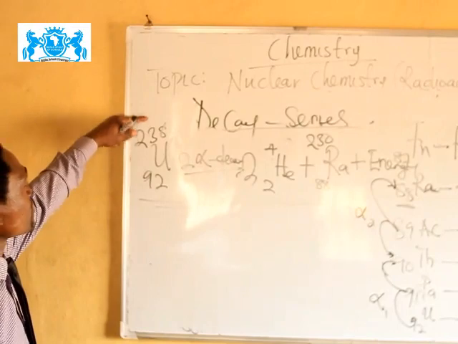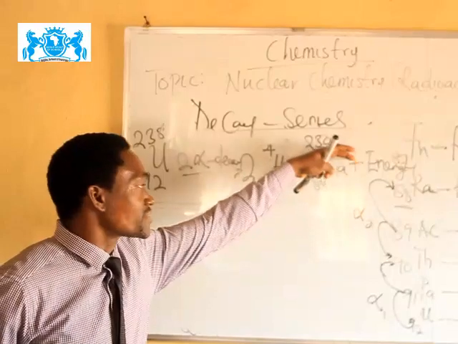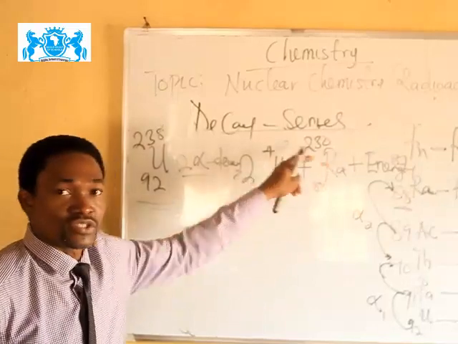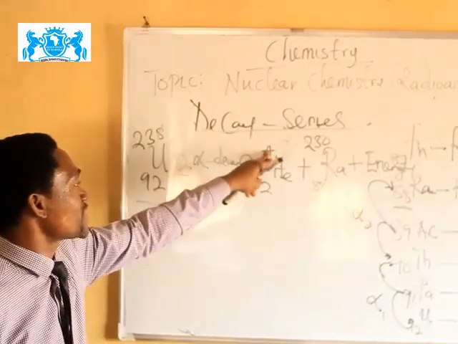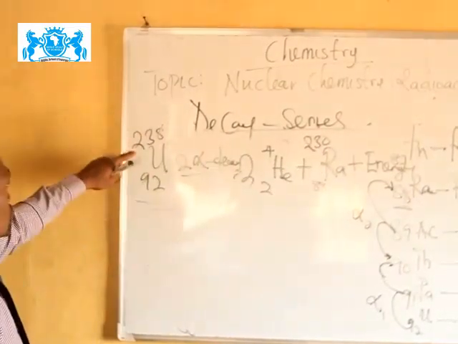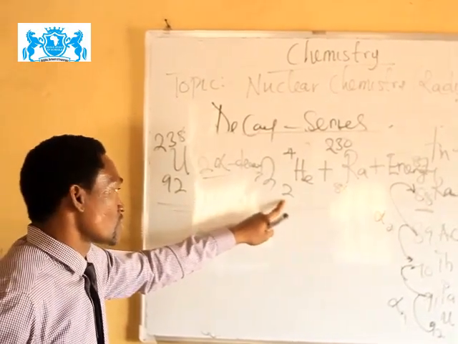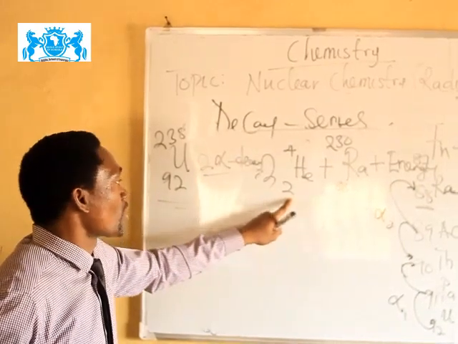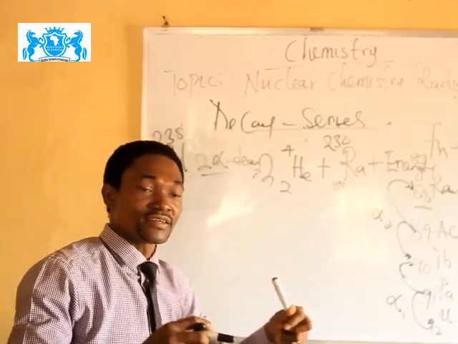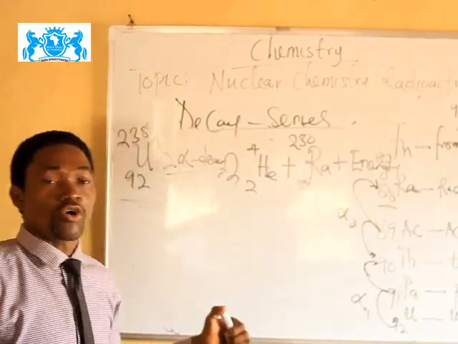So the total masses on this side must also balance with the total mass of the product. That is the total nucleus. Even after adding the particles with the total nucleus, they must balance. Multiplying 2 times 4 gives 8, plus 230 gives back 238. And 2 times 2, which is 4, plus 88 gives us 92, balancing the masses and the atomic number,